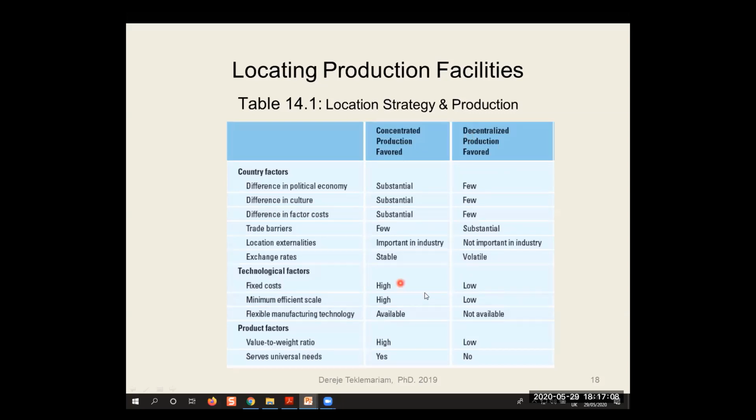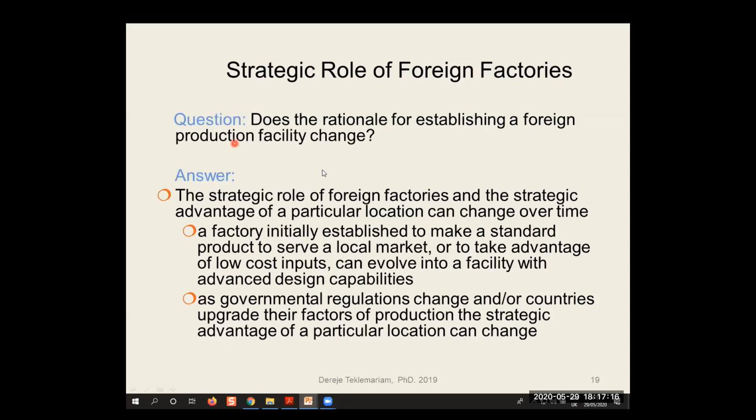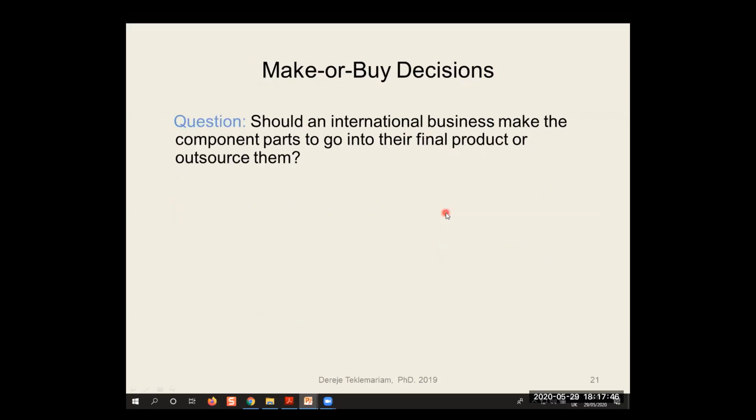There is also another important question: does the rationale for establishing a foreign production facility change? Sometimes the justification to establish a foreign production facility may change because of various factors, for instance government regulations. A factory may initially be established to make a standard product serving a local market, and later it may evolve into more advanced design or capabilities, and it may transfer or outsource it. So there are some important issues we need to think about,